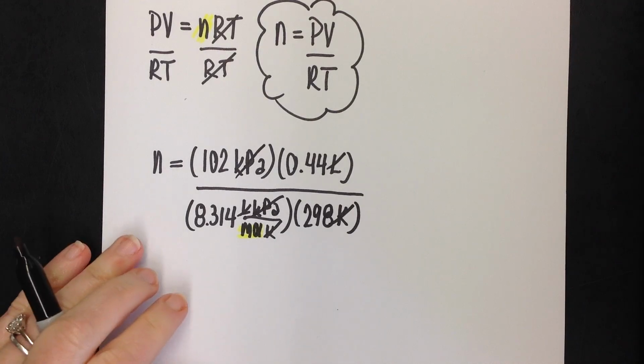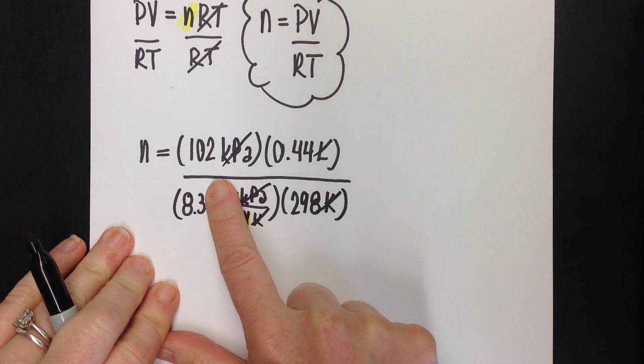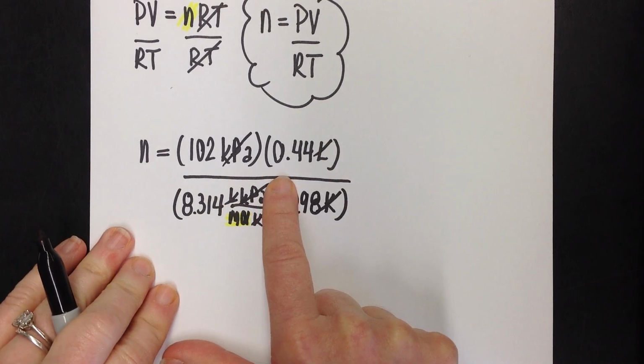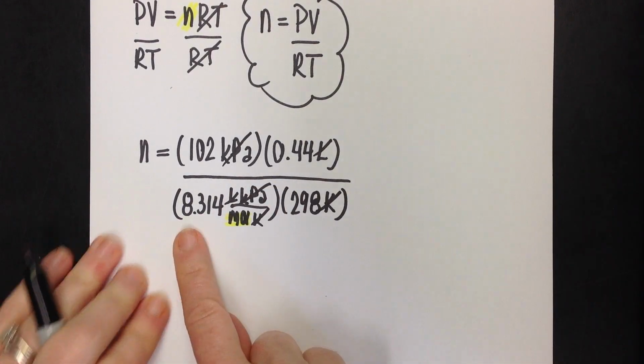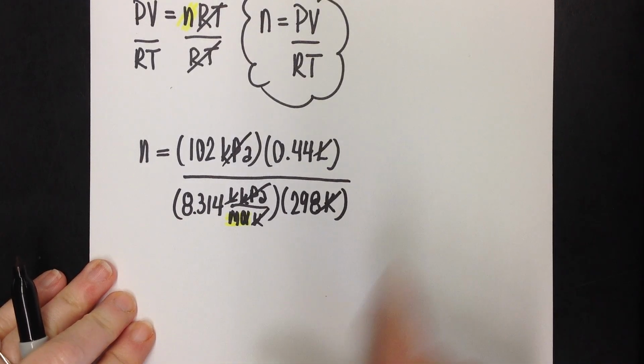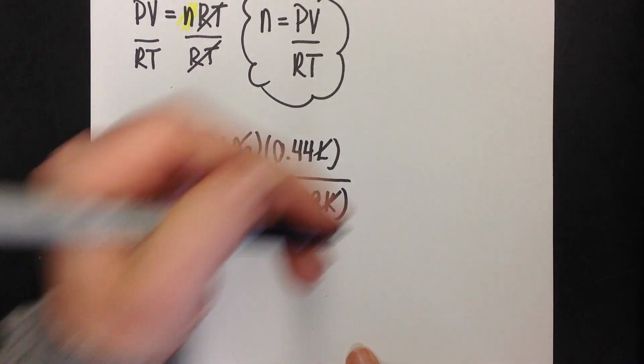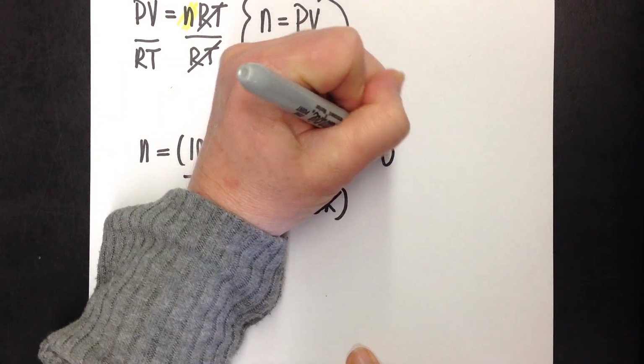So all I'm going to do now is multiply 102 by 0.44. That number will go on top. Then I'm going to multiply 8.314 by 298. That number is going to go on the bottom. And if you need to do that little intermediate step, please do. Some people just put everything in their calculator at once because they're really good with the parentheses. If you're not comfortable with it, just do the top and bottom and divide them. So once you divide, you're going to get